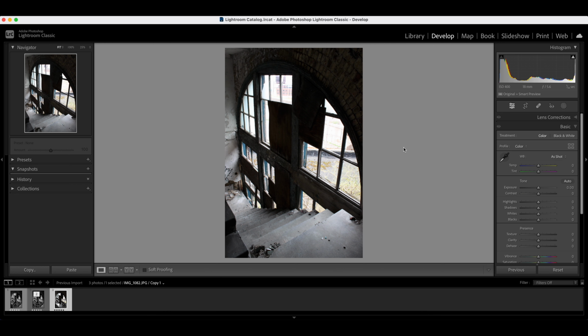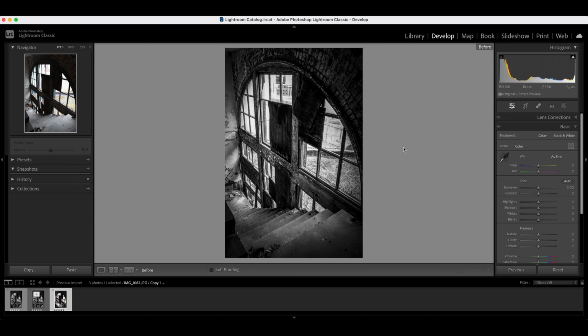Today I wanted to walk you through the process of how I edit this sort of bland color image into a much more dynamic black and white image. I love this subject matter, this curved arch above these windows along the staircase in this abandoned building. There's just so much texture in the brick and in the wood, bits of rubble and rocks along the stairs. I just love urban exploration, and I think it really is a great setting for black and